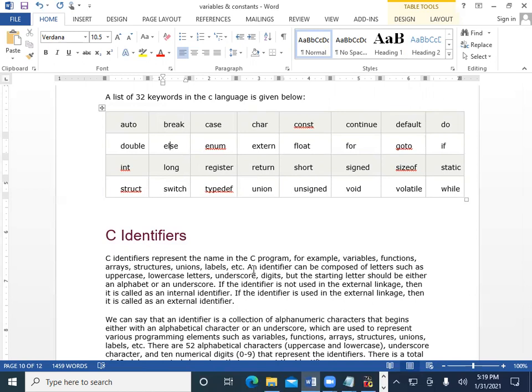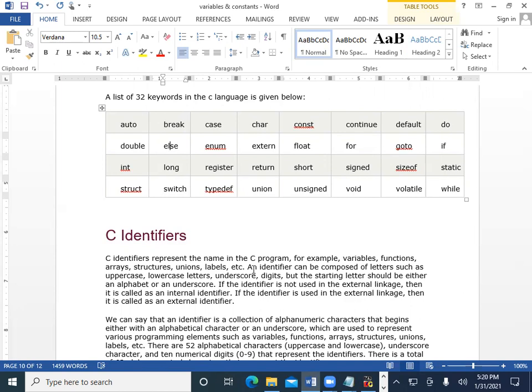So whenever we define an identifier, for example a program name, uppercase alphabets and lowercase alphabets are allowed, underscore is allowed, but it cannot start with a digit. It can start with only an alphabet or underscore.